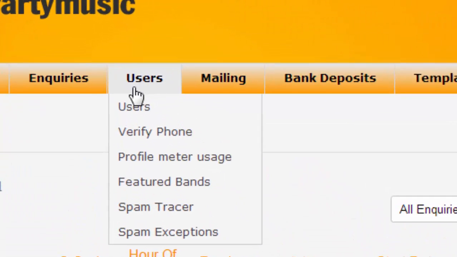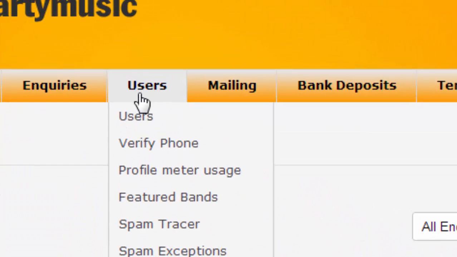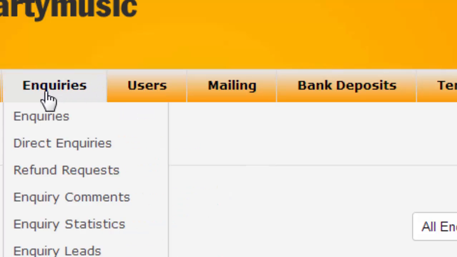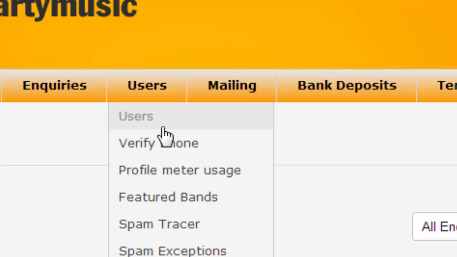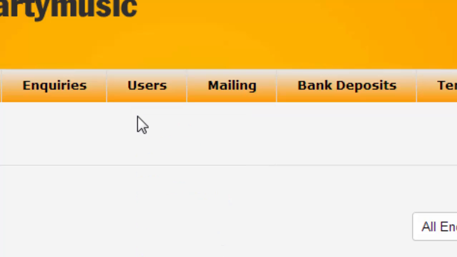The user list, and in this case users are our artists. Customers that book music and make inquiries, they are under inquiries, but when we talk about users, that is our artists, that is musicians, DJs, and entertainers and bands and stuff like that. So under the users, we can go to the users list,